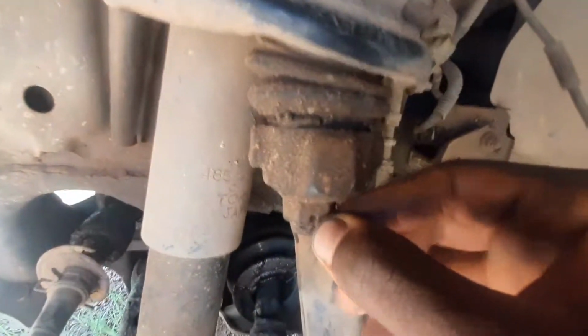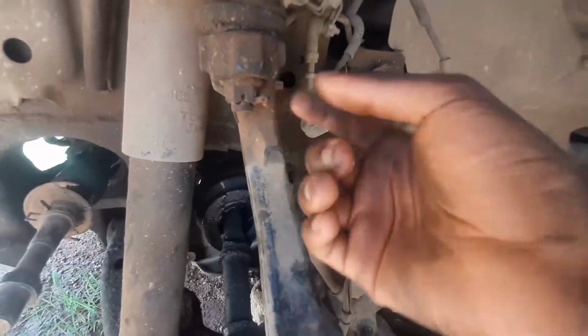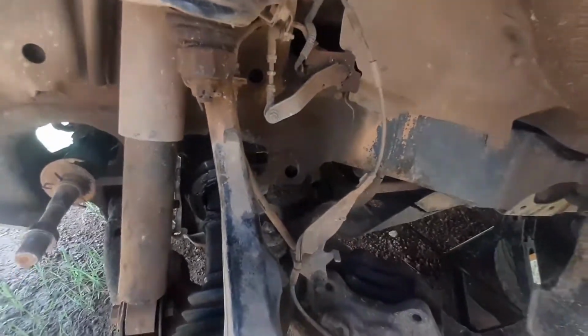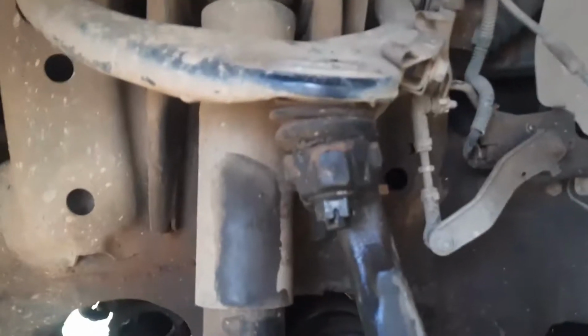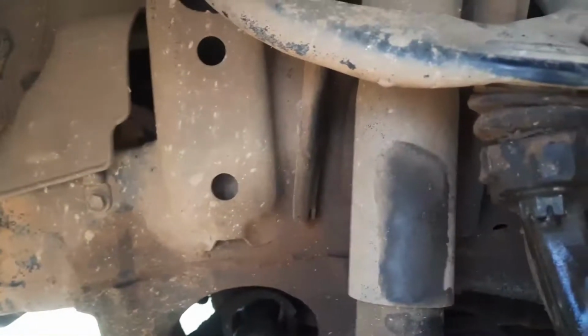So let's take off this upper ball joint, and yeah, it's just the cotter pin. We take out the cotter pin. This is probably a 22 mm or a 24, and it should come right out. Okay, pro tip: if for any reason